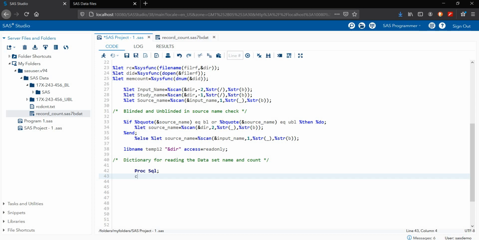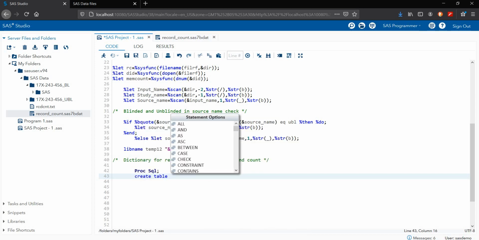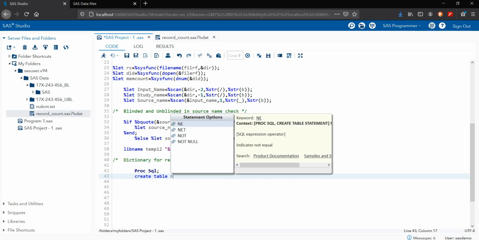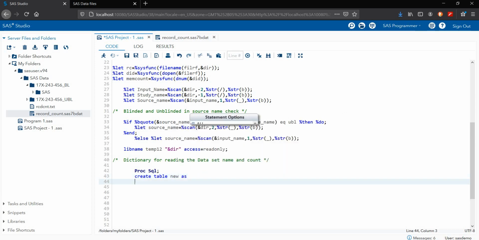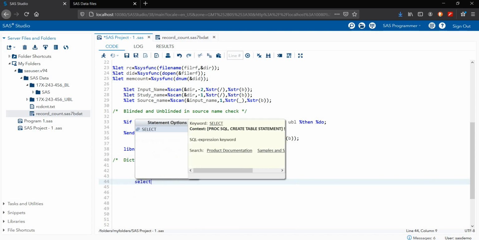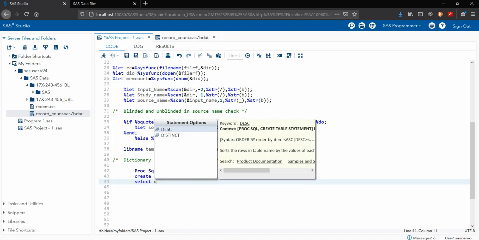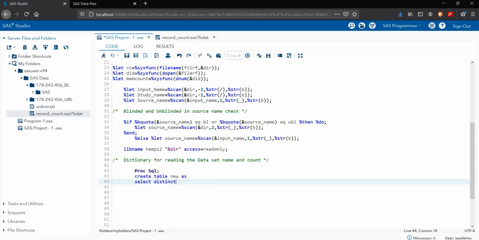Now create table new as select distinct. I want a distinct, unique record.